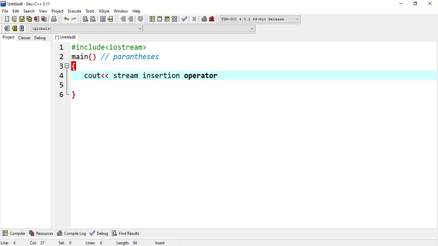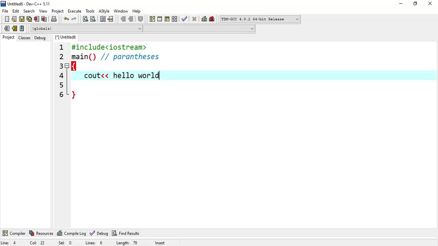That means we want to display something on a screen. So these two opening angle braces after cout are called the stream insertion operator. To display some message on a screen, we will write our message here. So our message was hello world.